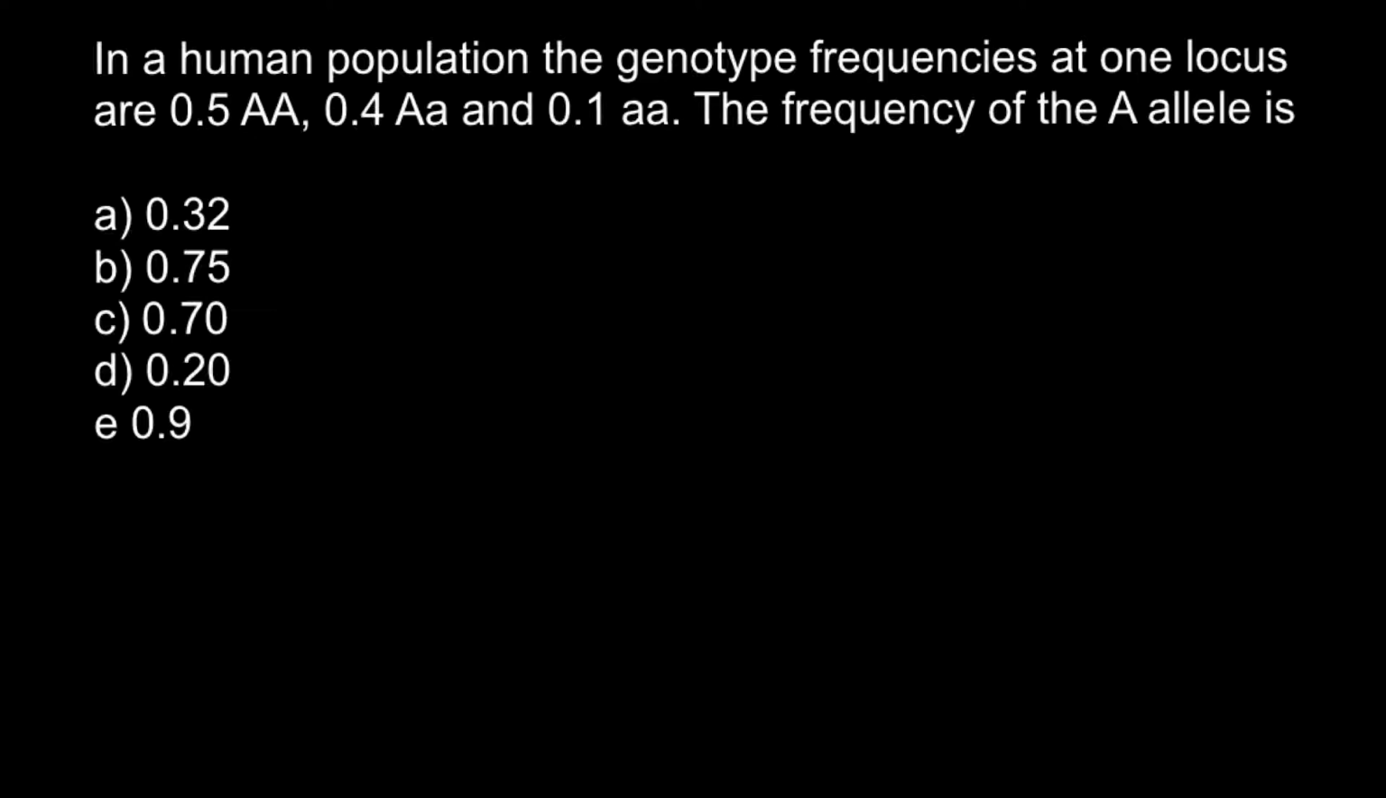So first of all, these three genotypes are made by two alleles: dominant allele A and recessive allele a. And if we have two alleles in a diploid organism, these two alleles can make the following genotypes. So we may have two dominant alleles, we may have a dominant and a recessive allele, or we may have two recessive alleles. And we are told that the frequency of the homozygous dominant genotype is